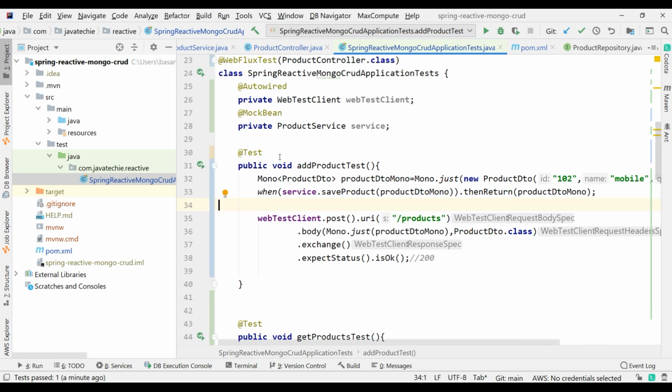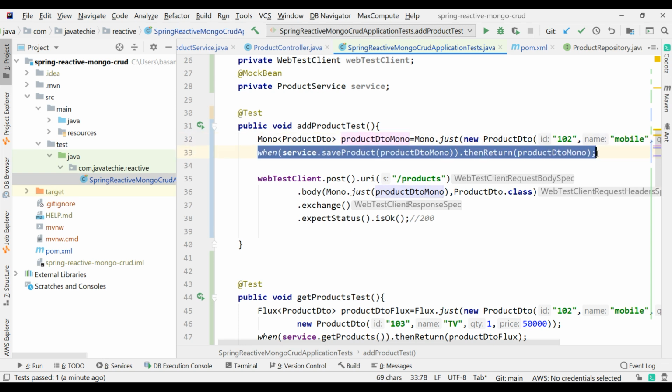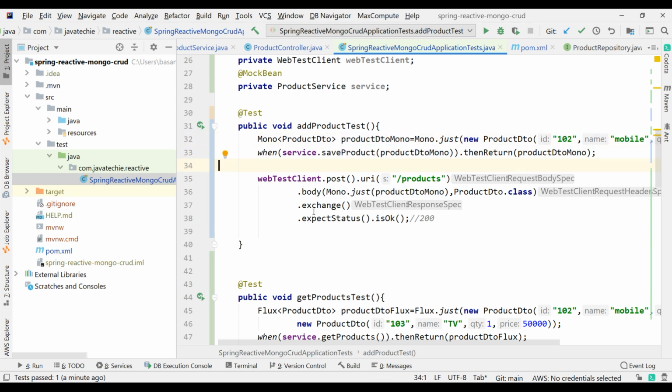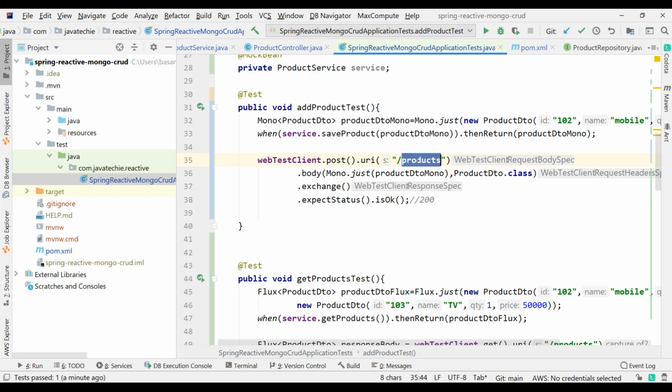Because that's why I added the mock bean for my service. It will return the stub object, and with the stub, when you do the API call, it will just return the mock data which we created. So there is no service layer call, as you can see in our SOPLN statement, but the request is going to the controller based on the URL mapped here.